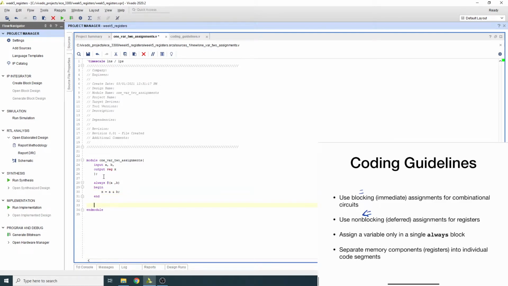Verilog allows me to write several always statements. I don't have to stick to one of them. I can write another one. For example, I can say always at A comma B, and then begin and end here. This always statement can be inserted before the first one that we wrote. Remember, order doesn't matter when we're talking about whole always blocks, not internally within them. Inside this always statement, I want to say X equals A and B. So the third guideline tells me to assign a variable only in a single